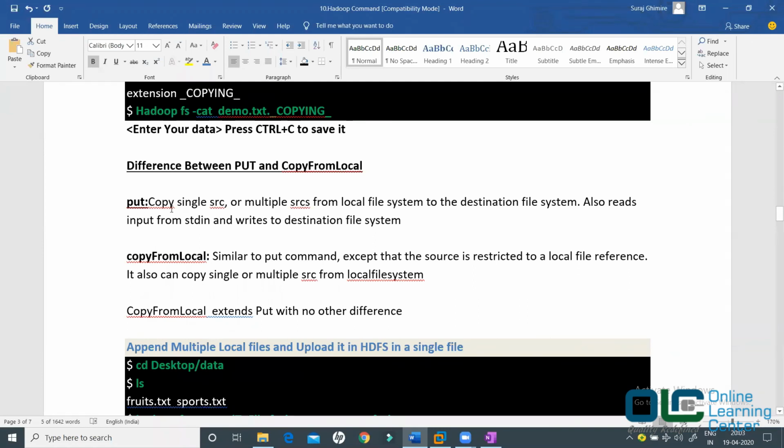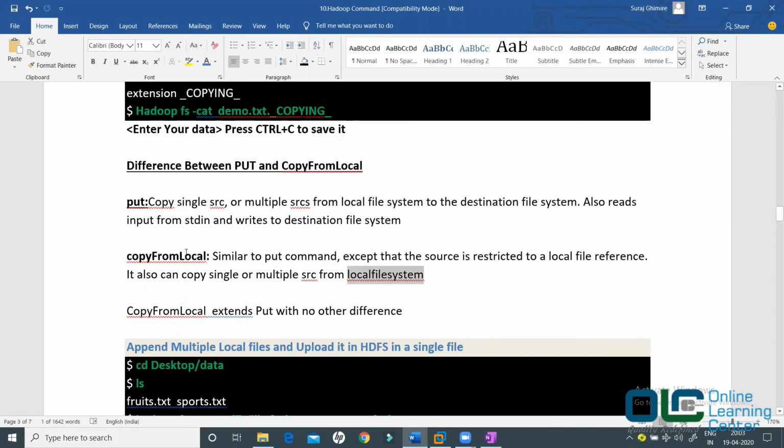Put copies a single source or multiple sources from the local file system to the destination file system, and also reads input from standard input and writes to the destination file system. CopyFromLocal is very similar to the put command, except that the source is restricted to a local file reference. It can also copy single or multiple sources from the local file system.